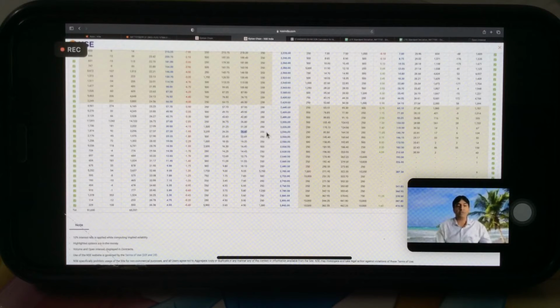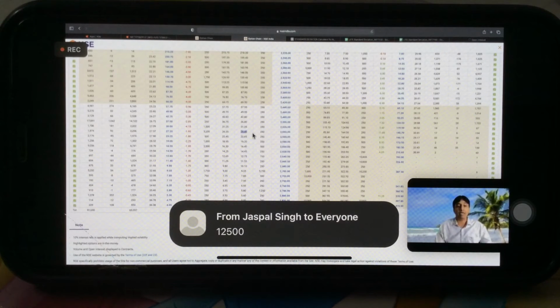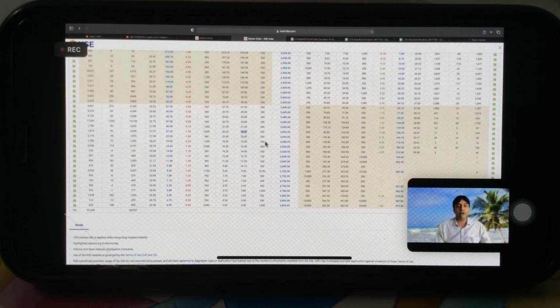So 250 into 50, that will be around, I think, 12,000 something, right? So that much profit you can make. Probability of making that much profit is up to 95 to 97%, because you are selling 2 standard deviation strike away. So if we have a supply zone around highest OI with 2 standard deviation or 3 standard deviation